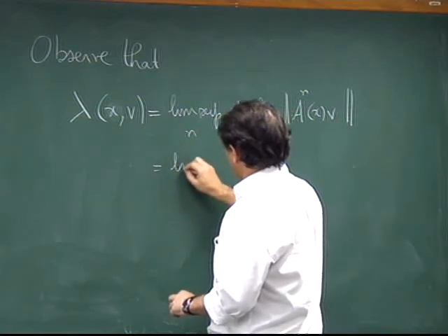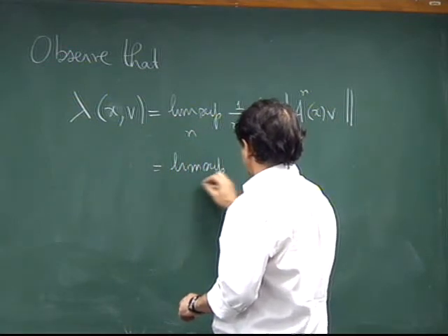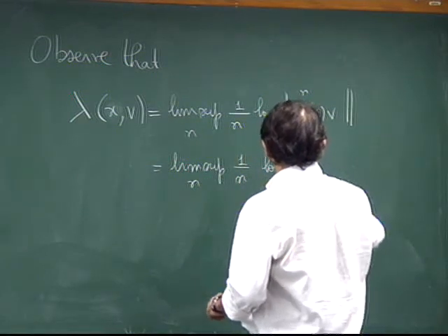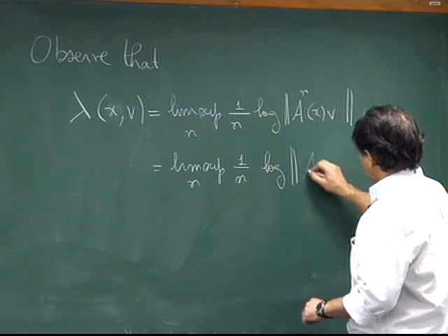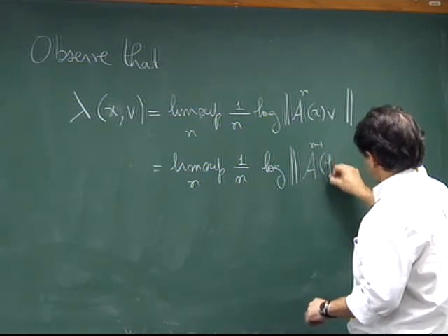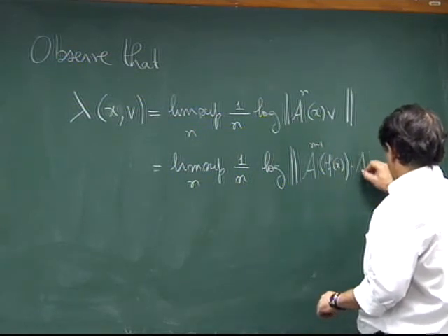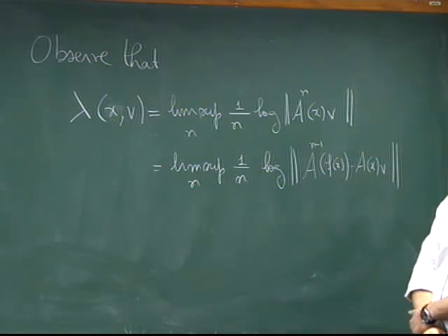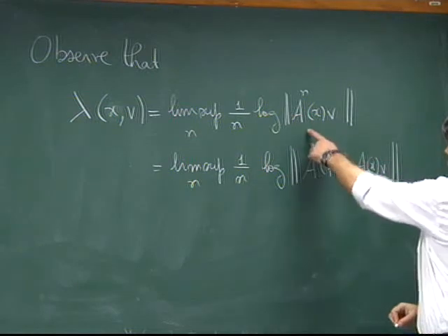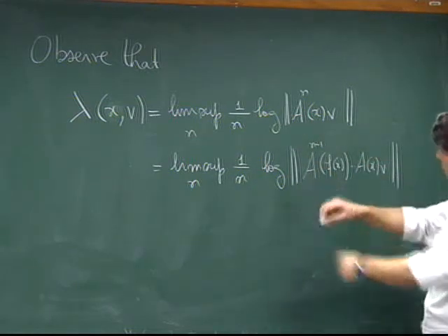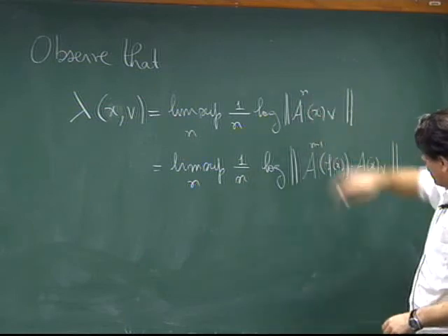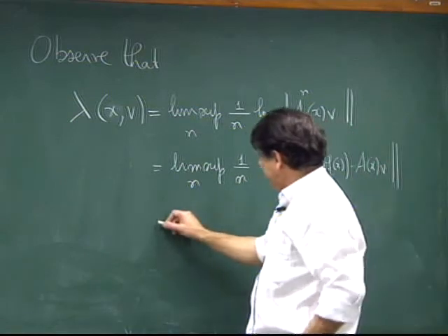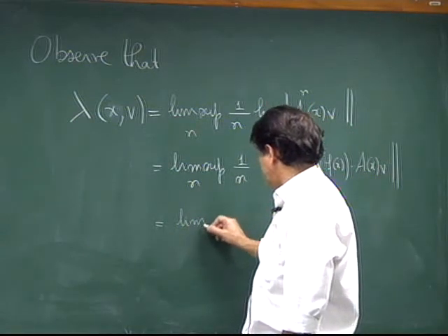This is the lim sup of 1 over n log of A^(n-1)(f(x)) A(x) v. Okay, it's just the definition of what A^n(x) means. This is the multiplication of the values of A on the orbit of x, so I can decompose in this way. This is the same as